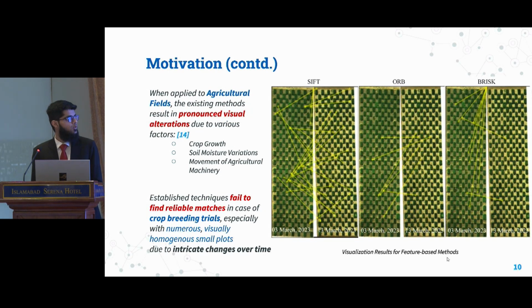However, when applied to agricultural fields, the existing feature-based methods face pronounced visual alterations due to various factors like crop growth, soil moisture variations, and movement of agricultural machinery. Hence these established techniques fail to find reliable matches, especially in crop breeding trials having homogeneous small plots, due to intricate changes over time. Here you can see the results: they cannot find relevant matches when